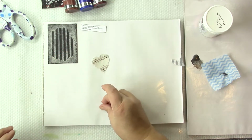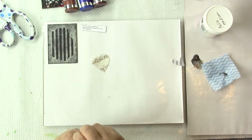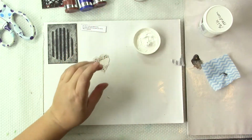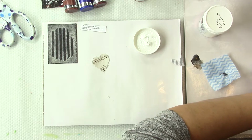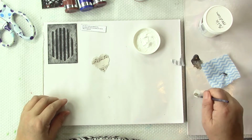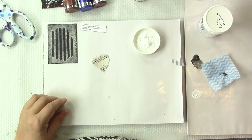Okay, so we're going to take this and, let's see. I'm going to try it with the gesso. Where's that little brush I was using with the metallic paint? I'm going to try this. So I've cleaned out the brush and I'm just going to load it with the gesso, wipe it on the paper towel,